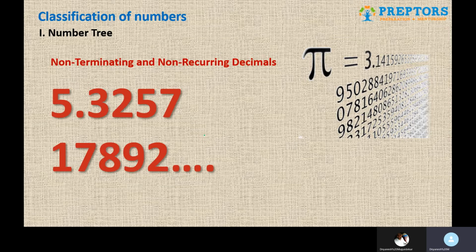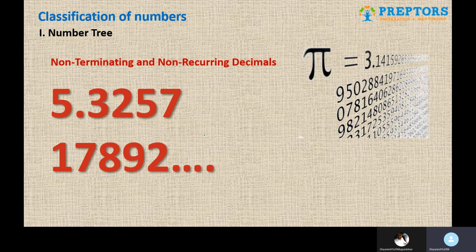One very world-famous example is the value of pi. We approximate it for calculation purposes to 3.14, but after that, if I'm not wrong, I read recently that scientists have figured out 100 digits after the decimal point, and they could conclude that there's no pattern whatsoever. They are all random digits. So these are non-terminating, non-recurring decimals.